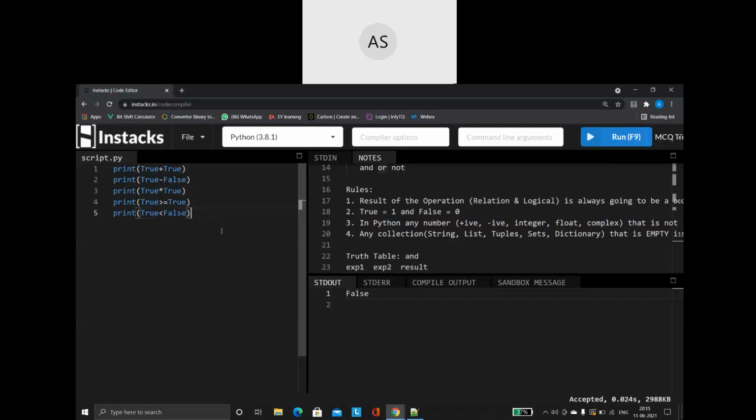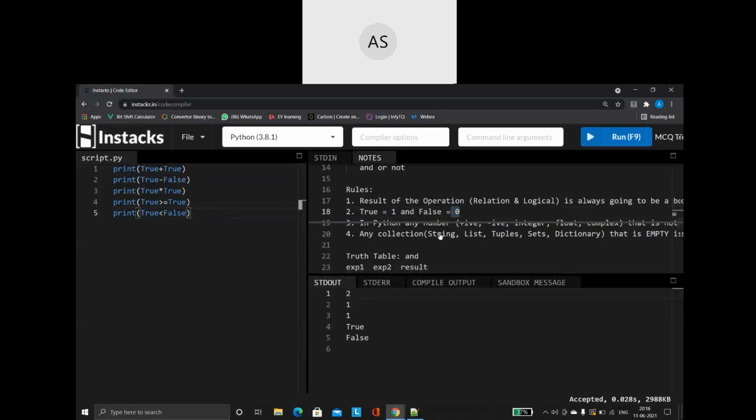It will work, because the true and the false have numerical representation in Python. Hence, these are not going to give me any errors. It is going to convert them into numbers and the comparison or arithmetic operator is going to be applied.